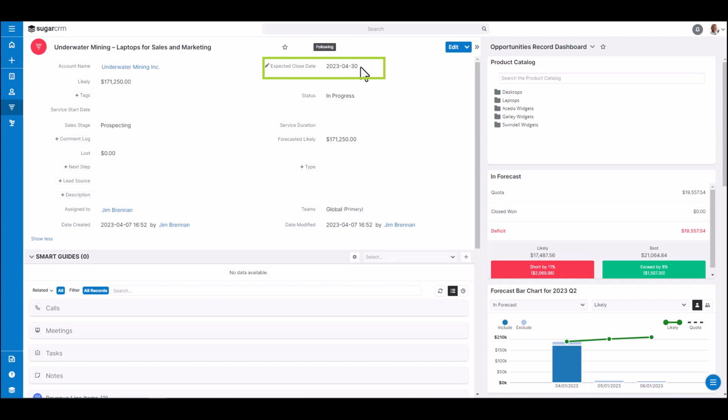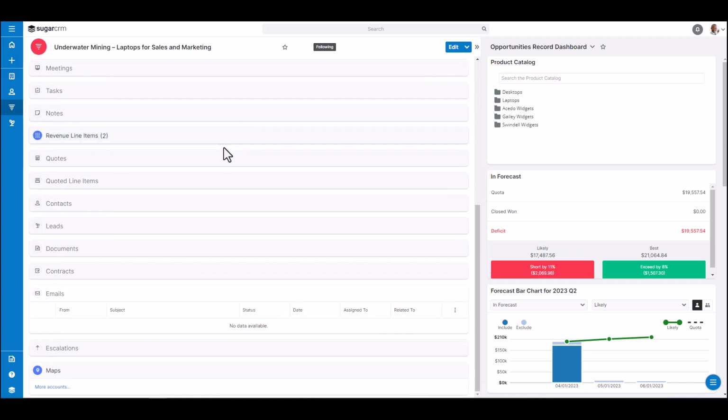It has the expected close date populated based on the revenue line item that is last to close within this opportunity. And then I'm able to see that the likely amount it will close for, as well as the sales stage. Now as I go through the sales process with underwater mining, I'm able to update these revenue line items